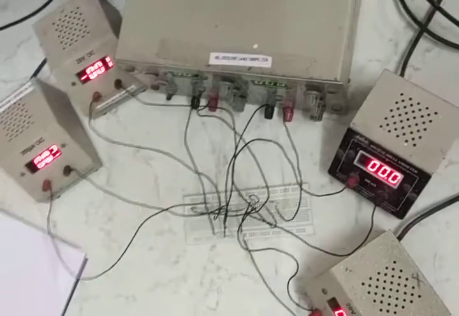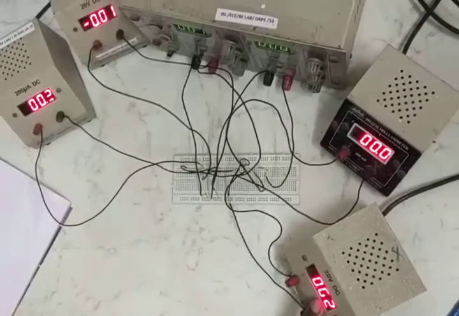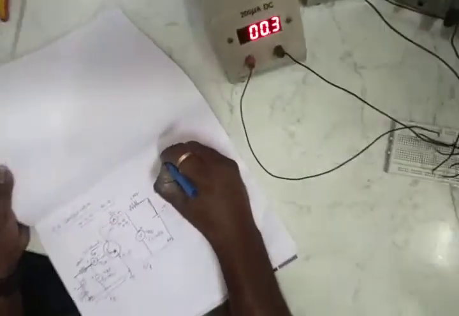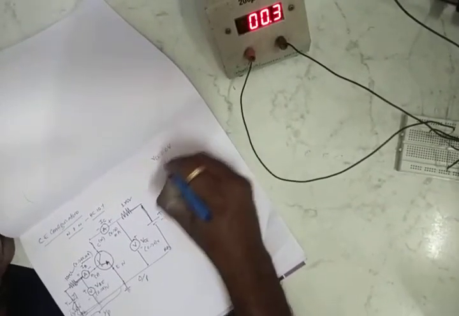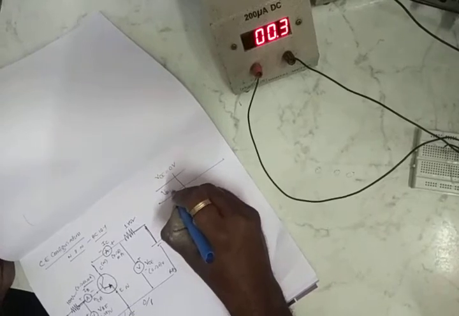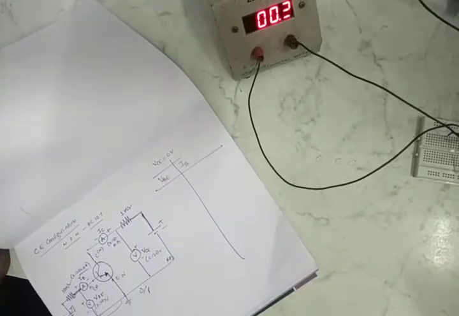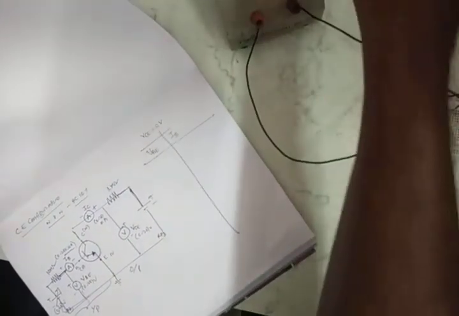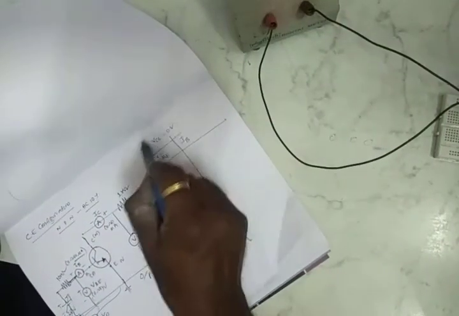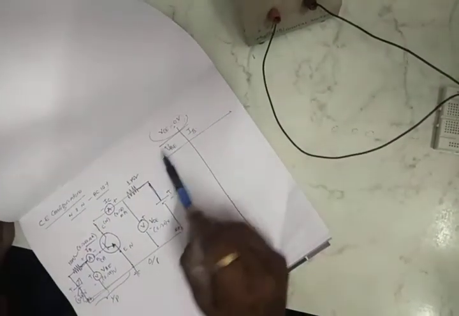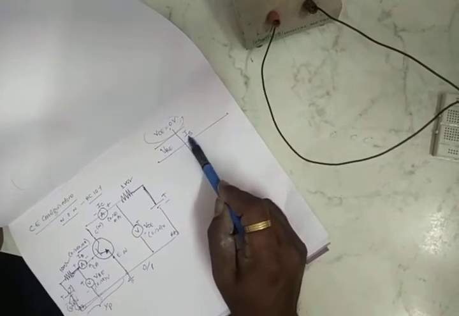Yes. Then we have to keep this constant. I am keeping 0 only. That means I am going with the table. What is the output voltage? VCE. VCE is 0 volts I am keeping. So I am taking the readings of VBE and IB. It is a relation between input voltage and input current by keeping output voltage constant.